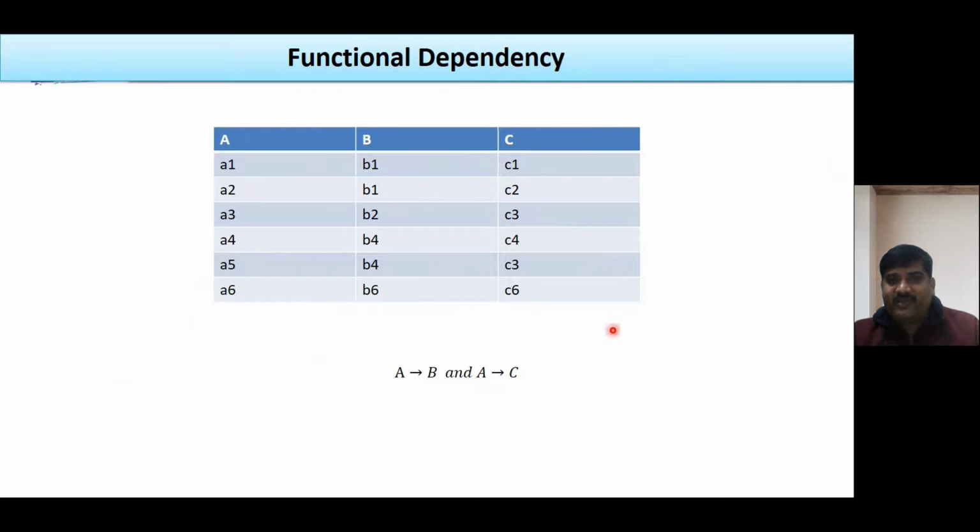So in this way, we check whether a set of attributes determines another set of attributes or not. If A determines B, then obviously we can say that A is a super key. And if there are no extraneous attributes in set A, then we say that that set of attributes is a candidate key.